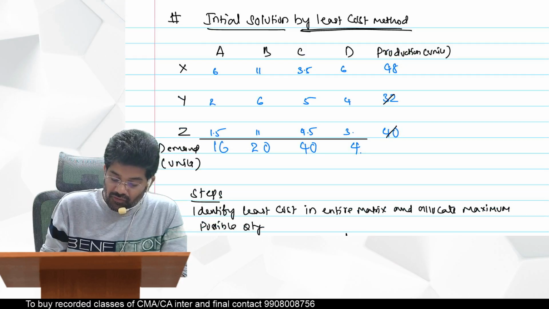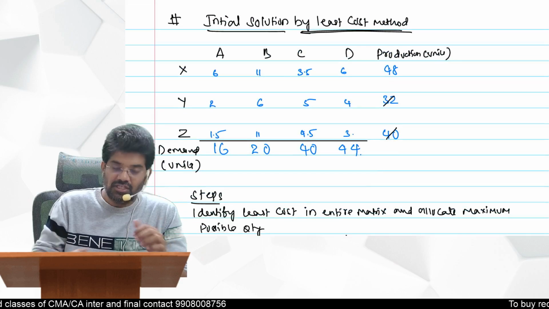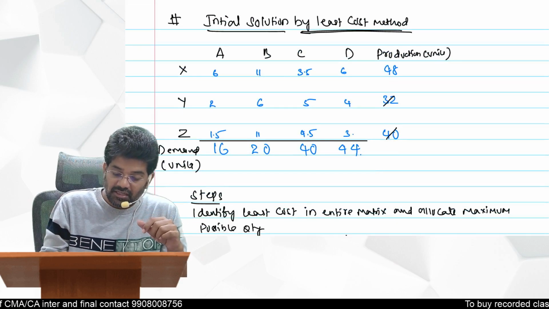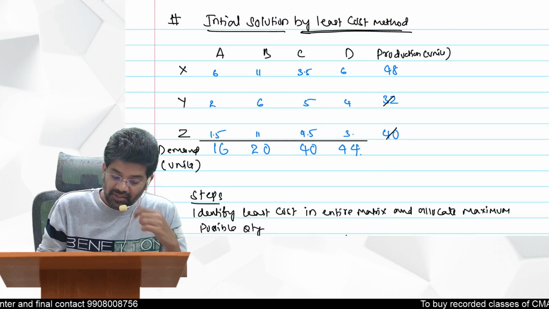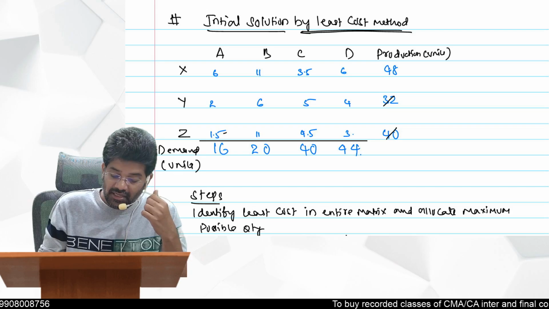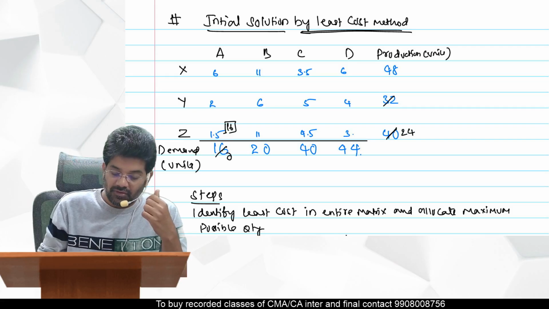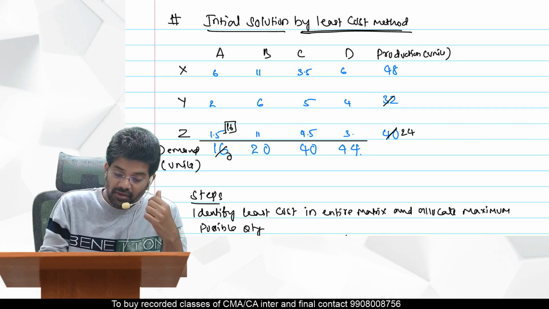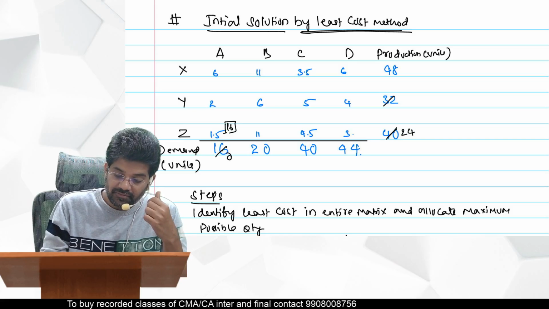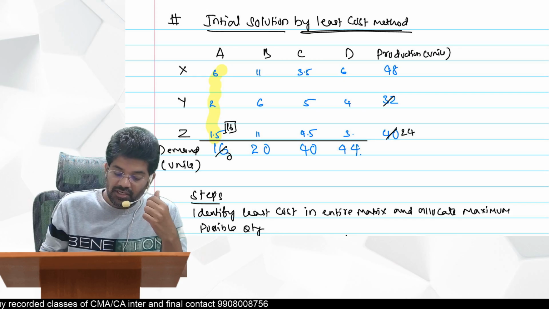Sixteen, 20, 40, 44. Yes, according to the least cost method, first you should select, out of the entire matrix, the least cost, where 1.5 is the least cost. So what is the maximum I can allocate here? 16 or 40, whichever is lower. So 16 I am allocating. This one will become 0, this one will become 24. Okay. So this column I need to strike off. This one I am striking off because that is not available for